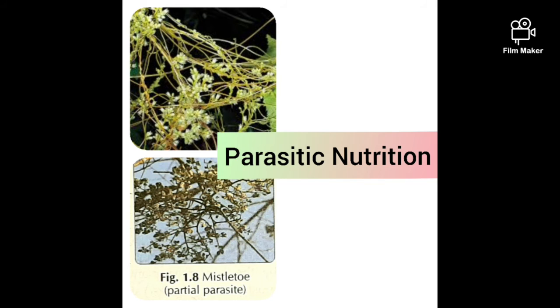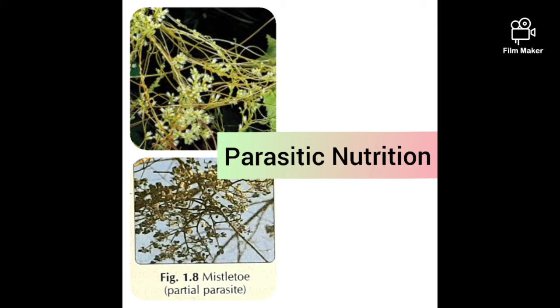Parasitic nutrition. Cuscuta is a non-green plant. It does not have chlorophyll. It cannot make its own food. Its long, yellowish thread-like stems twine around the stem and branches of the tree on which it climbs. It has a special structure called haustoria, which pierces into the plant's body on which it climbs for absorption of